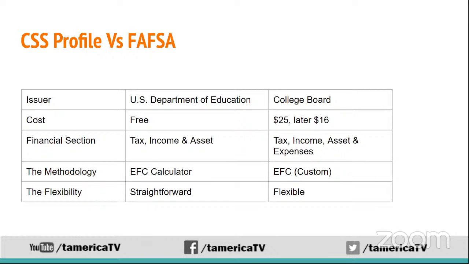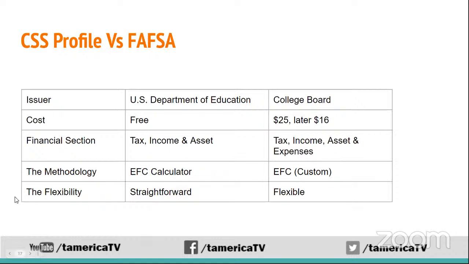All right, so major differences. FAFSA is created by the US Department of Education for federal loans. And this CSS profile is created by College Board. And FAFSA is totally free, you don't have to pay. Whereas CSS profile is $25 for the first application, and $16 for each of the remaining colleges. Main thing is in the financial section here, FAFSA asks for tax, income, assets, but it doesn't ask your current home value. Whereas CSS profile asks the same information and more, but the good thing is it is asking for expenses and special